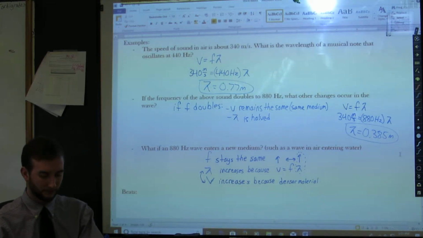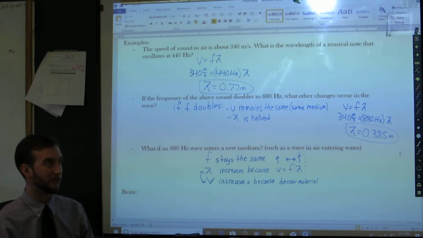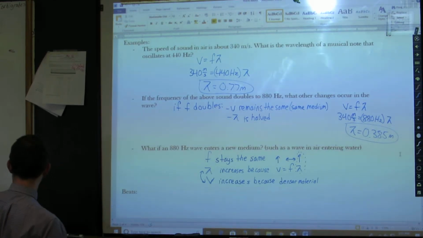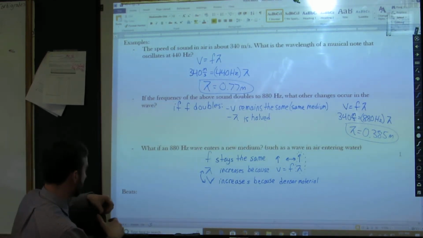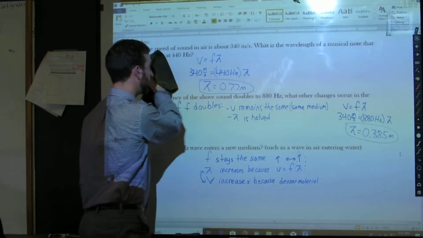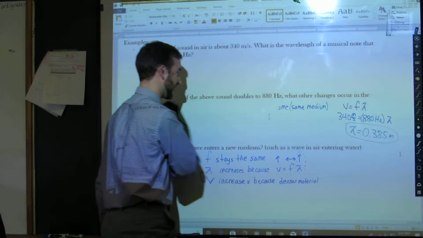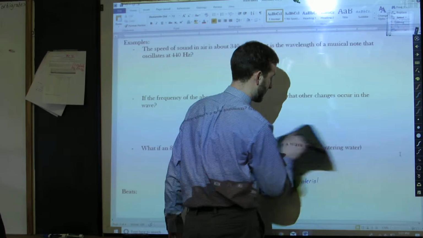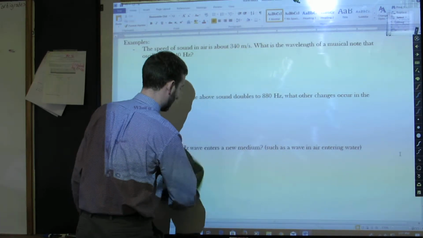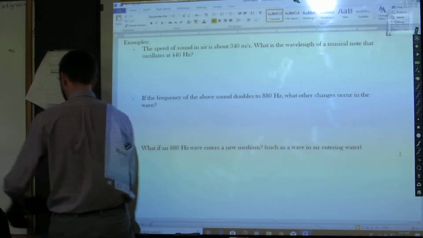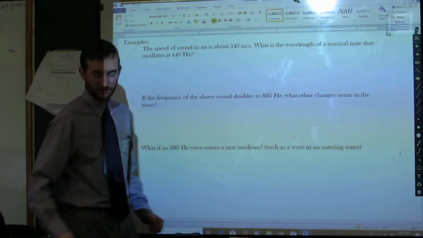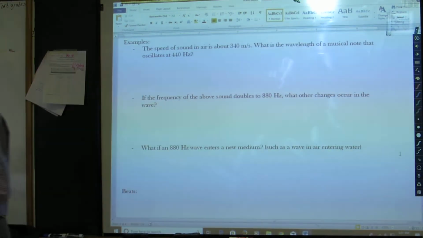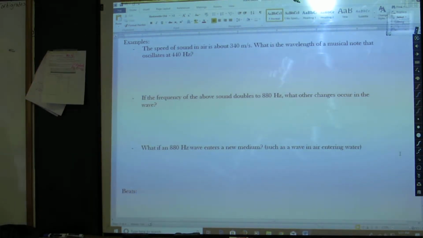Okay. To finish off, we have three phenomena, three things that happen with waves that you need to see. The first one is beats. Not bears, not Battlestar Galactica, not those type of beats. Beats as in musical beats. It's still a little bit different than you would learn about in class, or at least we call them something a little bit different.